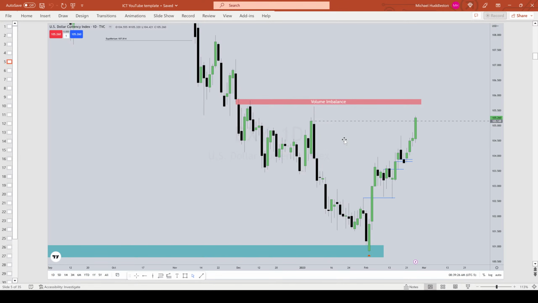Which is what I teach as my rejection block. Now, that doesn't mean, because the title says rejection block, that I'm bearish. Which I'm not on this, am I? Have I mentioned any bearishness with the dollar index? Absolutely not. I've been bullish on dollar with the idea that we're going to go up into this area here. And I just told you in this recording why I believe it's going to go up there.